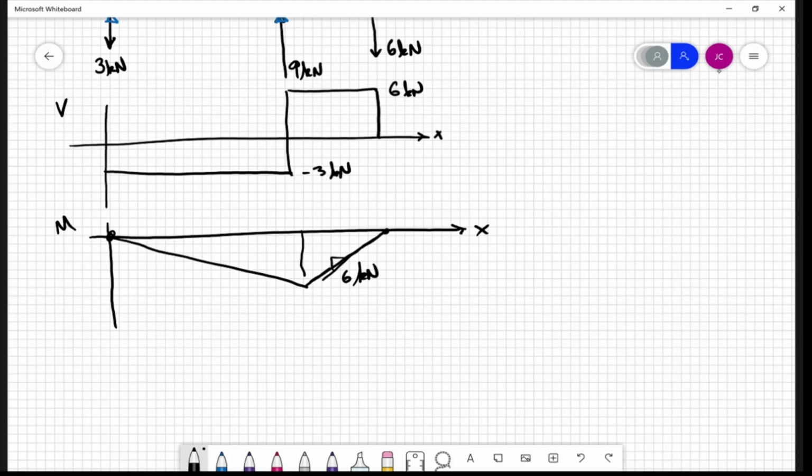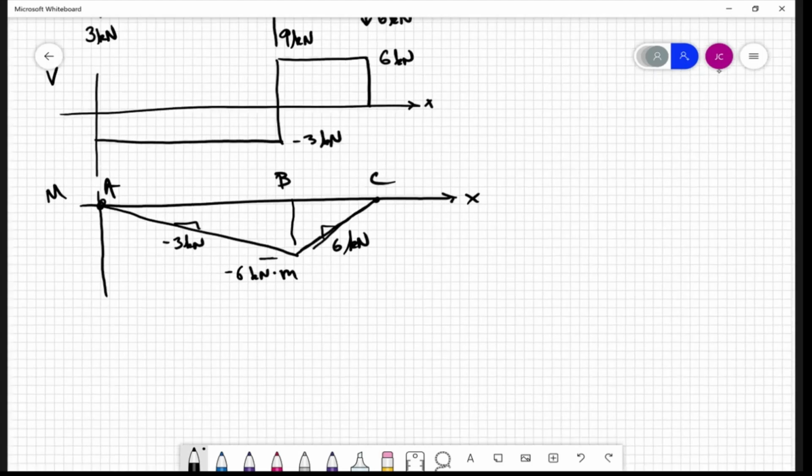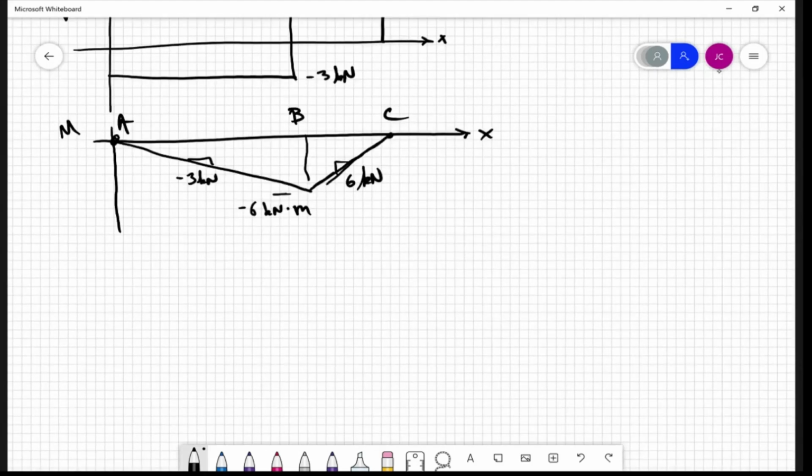That was the slope here, and the slope here is -3 kilonewtons. So that means that the value of the moment down here at point B is going to be -6 kilonewton meters, right? Okay. So next we were going to take this and then integrate and get the